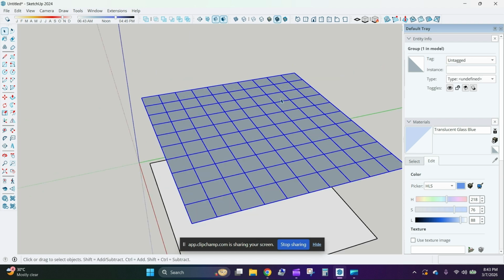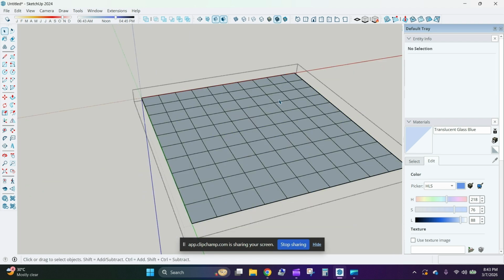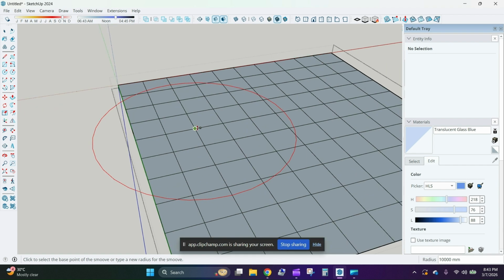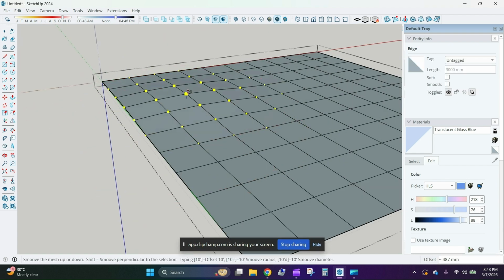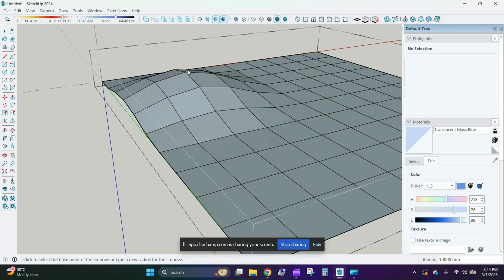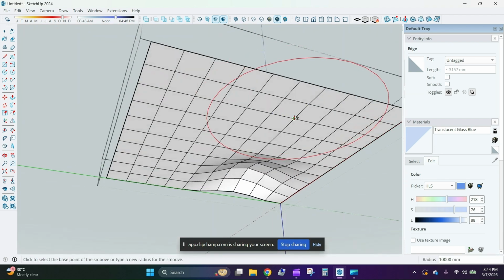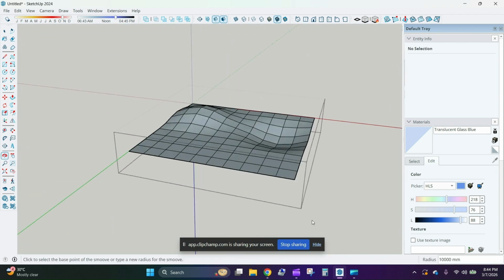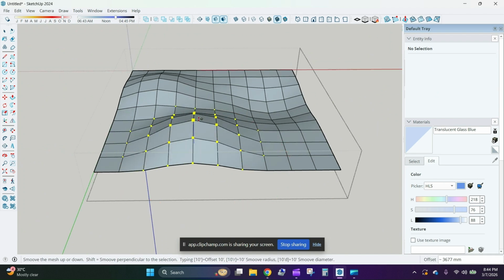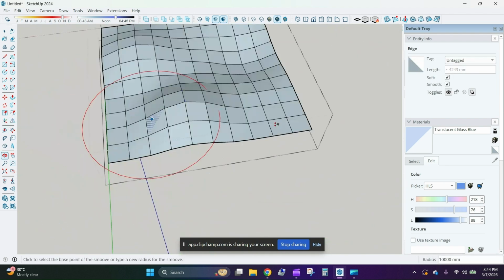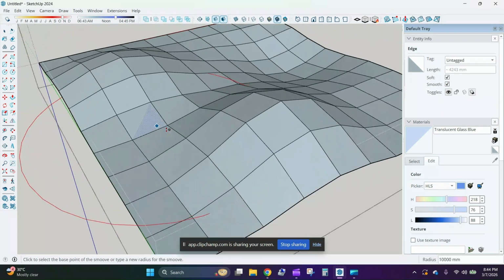For that, what we have to do is go inside the group and then click on the smooth option. What the smooth option actually does is that it gives the upward and downward shape to our roof. So for that, what we'll do is we lift the roof upwards from this side, then we lift it a little downwards from this side, and same we do with this side, and some downward for